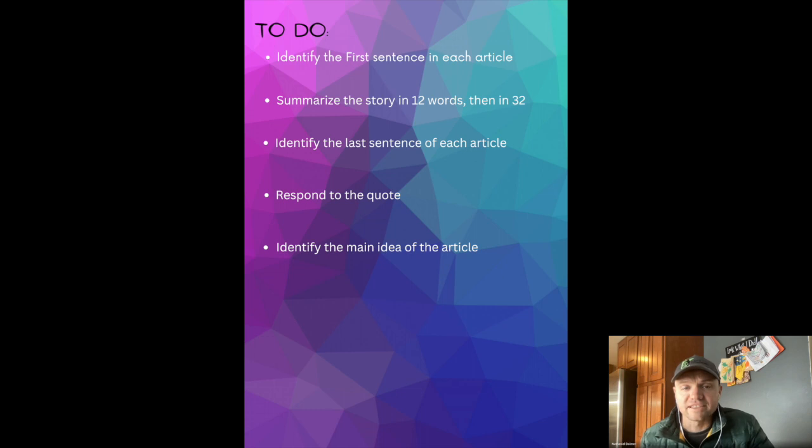All right, and typically now we move into the main idea of the article. What do you think is the main idea? And then we have a respond to the quote section of the assignment as well, the video lesson as well. And that's going to look a little bit different. The main idea portion will look the same. The respond to the quote will look a little bit different. So right now, let's stick with main idea. What do you think is the main idea of Article 1? Please explain now. And what would you say is the main idea of Article 2? Please explain now.